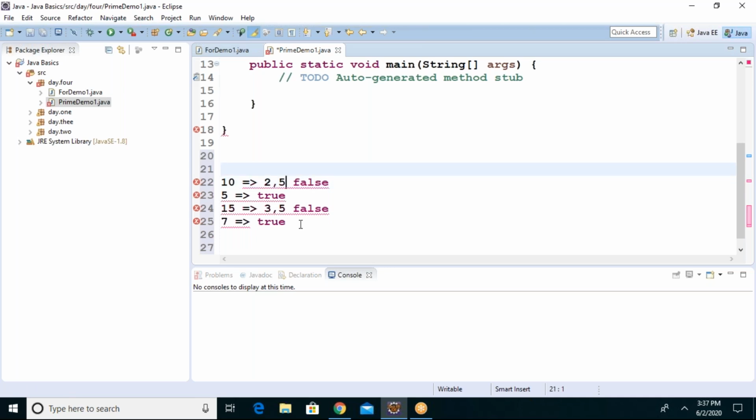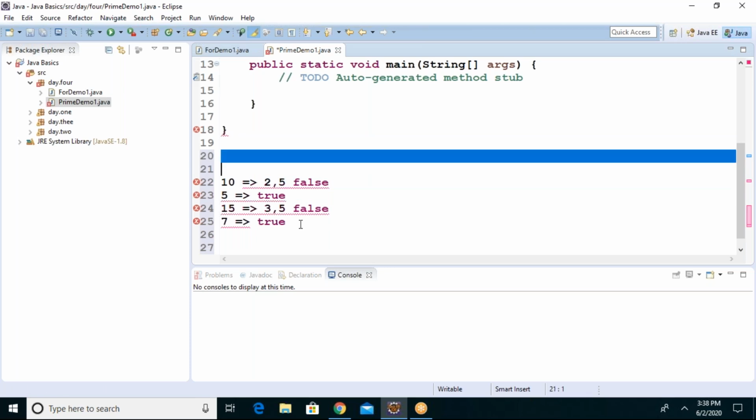So that's the reason my test will start from 2 and it will go up to half of the number. That is, if it is 10, half of the number is 5. If it is 5, half of the number is 3 only. For 15, max 7 I will go, because there is no chance of even numbers in odd numbers, right? Like that. I hope it is clear now, everyone.